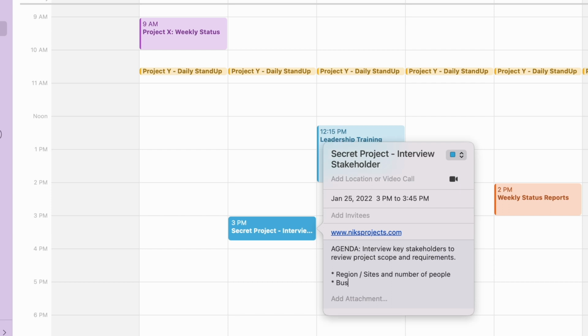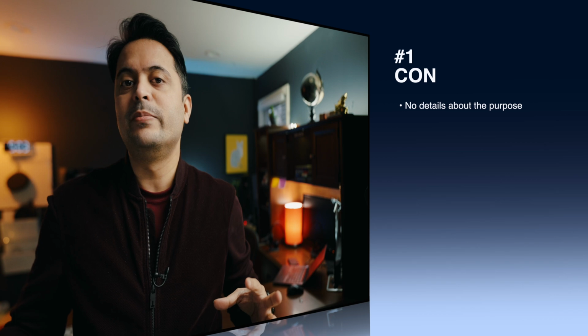So now let's talk about the cons of not having a meeting agenda in the meeting invite. Alright, so the 3 cons are: obviously number 1, the attendees have no idea what this meeting is about, and they have to just wait for the day to understand what it is about. And if they are not prepared with what you want to get out of them, then there goes your time